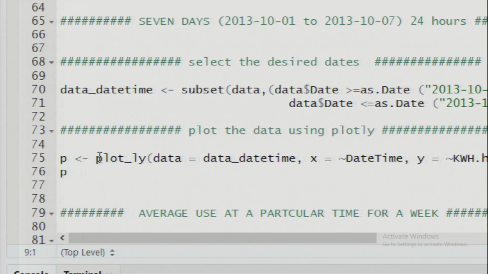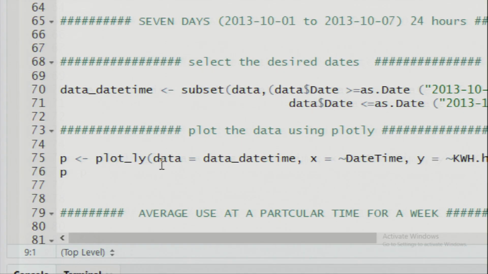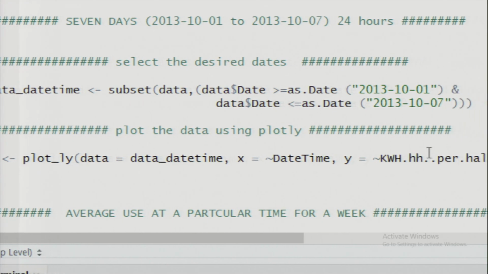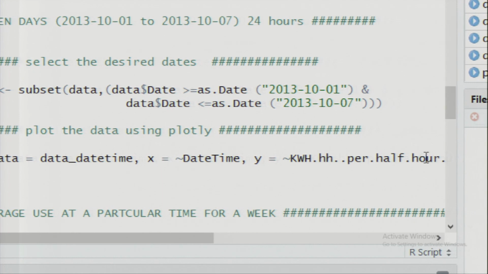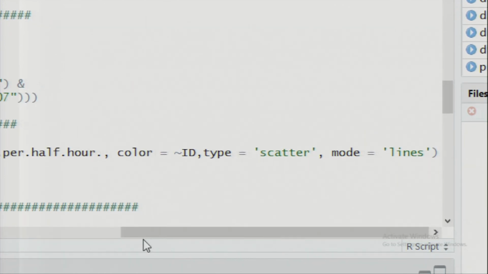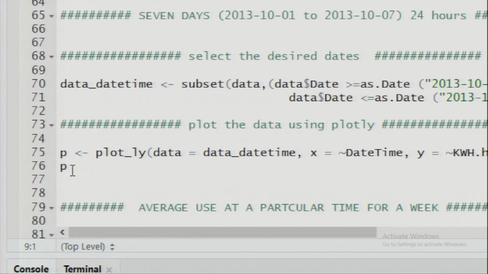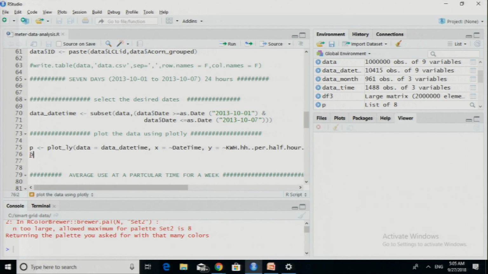Plotly libraries are a very good tool to perform the analysis. So we are calling Plotly, and here we are passing the data. We are providing the x-axis and the y-axis, x-axis being date time and y-axis being the usage. Thereafter, we are choosing the type of plot, like this is a scatter plot, and then we need to just call this particular function. So when I run this program,